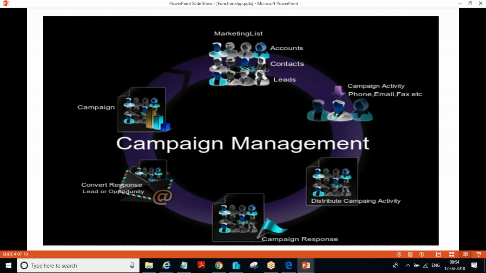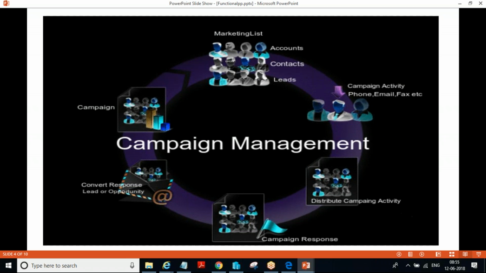So this is the high-level flow of how campaigns get executed in CRM. What is a campaign? It's an advertisement or a marketing promo. Let's take an example. A training company has come up with an advertisement for Dynamics CRM 365 training. They want to promote this advertisement to their new customers, who are nothing but new inquiries. They also want to promote it to existing customers, who already attended the demo or the training in 2015 or 2016.